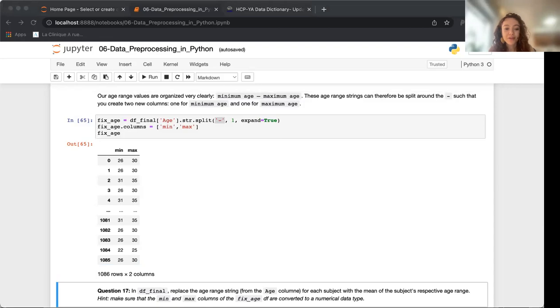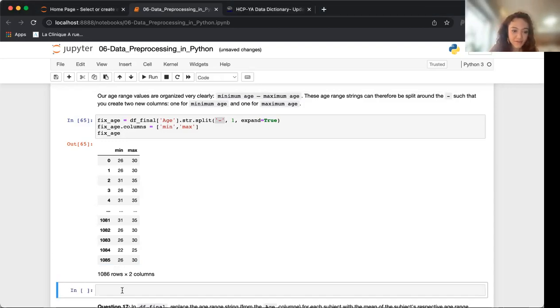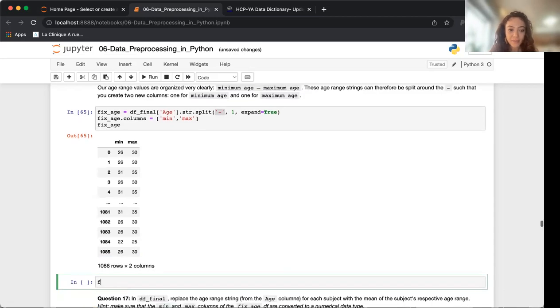Next, let's replace, in the final data frame, the age range string from the age column for each subject with the mean of the subject's respective age range. A hint is that you want to make sure that the min and max columns are converted to numerical data type, and I'll tell you why in a second. So here we have fixed age. Let's add a column called mean. You can literally just set this column equal to fixed age of max plus fixed age of min